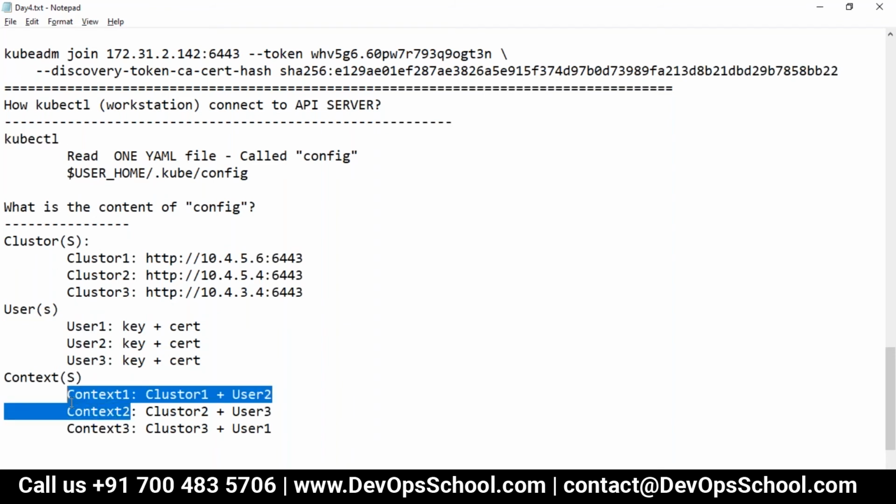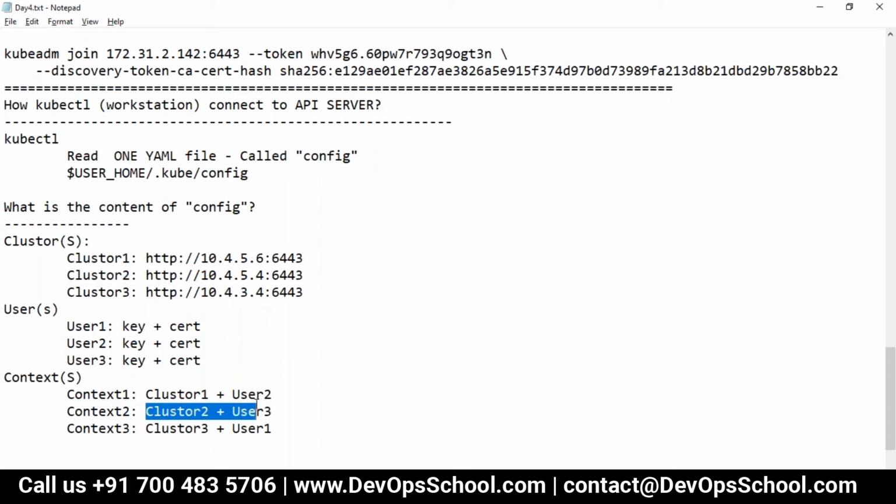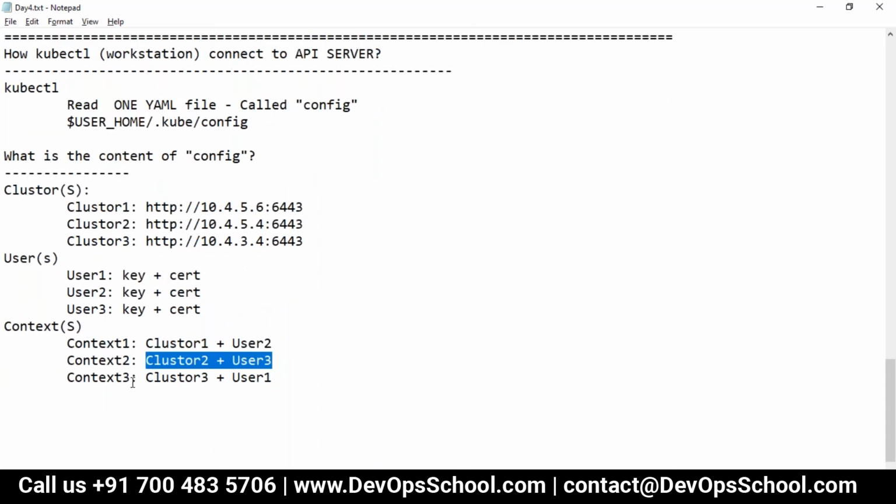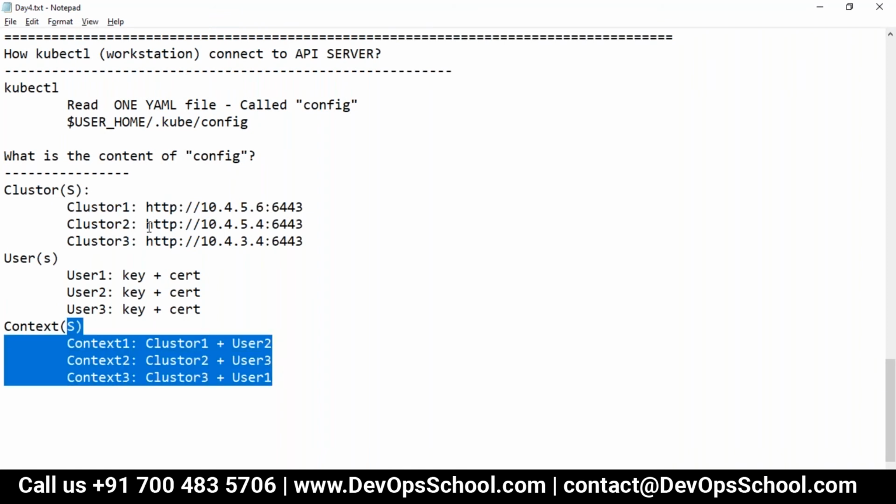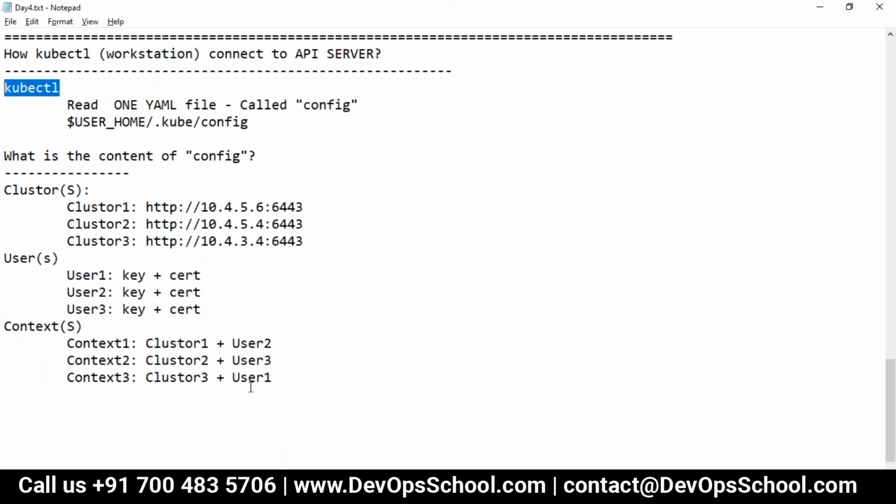So guys, now if I look at this skeleton, kubectl talks to the context. If kubectl uses this context, then you are talking to this cluster. If kubectl uses this other context, then you are talking to that cluster, and like that. You can customize which context you want to connect to over the command line of kubectl, but by default you can also set one current context.